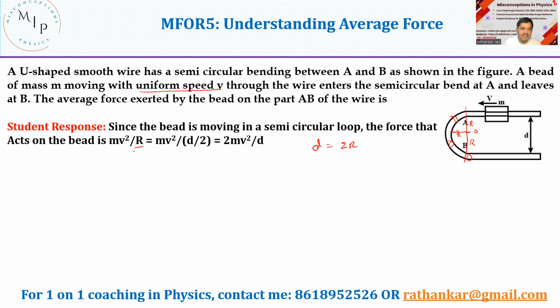And what I need here is r here. M is given to you, V is given to you, right? I did not do anything here. I just need to substitute the value of r here. I need to say r is equal to d by 2. I'll substitute it here. And as a result of it, I get the answer as 2mv square divided by d. Okay.